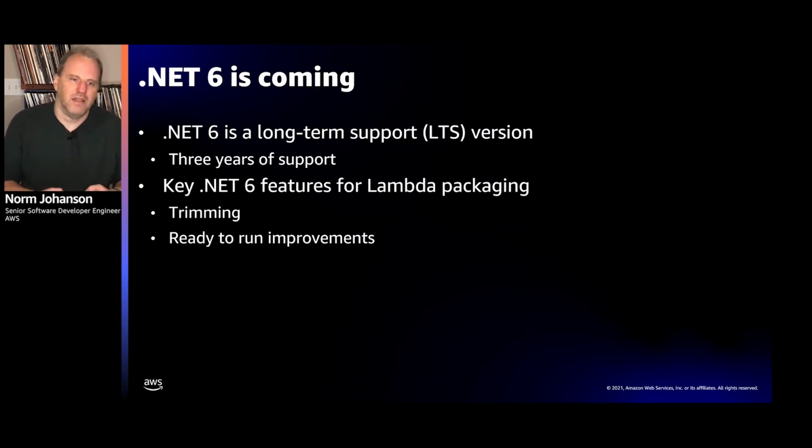Ready to Run is where you actually say at compile time, I know I'm going to run on, in Lambda's case, Linux x64. So compile it for that platform. And so you do all that runtime work at compile time, and that saves a lot in your cold start performance. Now, what they did in .NET 6 is they made it so that even when you're on Windows, you can use this feature. Because in previous versions of .NET, you would have to compile on Linux to make it run on Linux. But now, no matter what platform you are on, you can cross-compile for that.